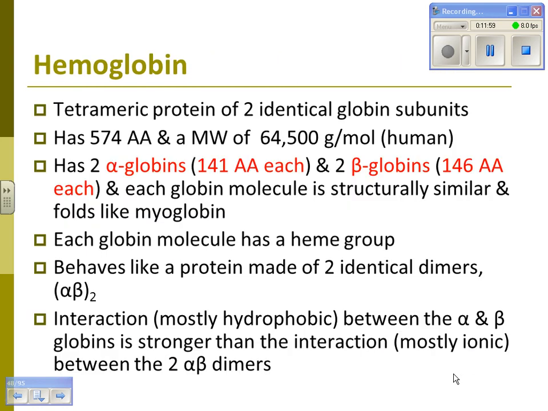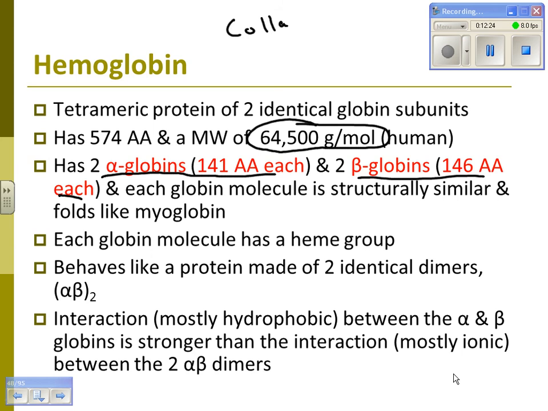So hemoglobin kind of looks like four myoglobins stuck together. Two that are very similar and two that are pretty similar. It's two alpha globins and two beta globins that make up the unit. So it's about 4 times as big, approximately. If we're ranking things so far, we know we got collagen at 100,000. We know we have elastin at 75,000